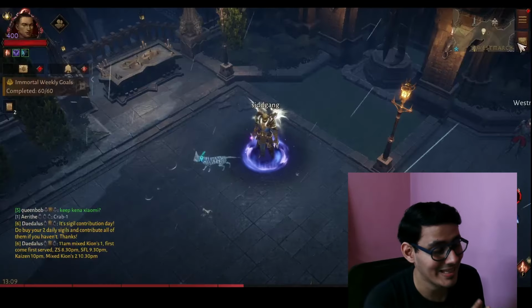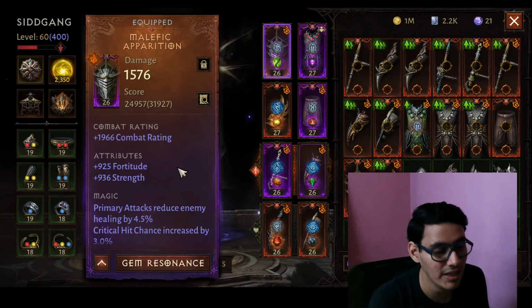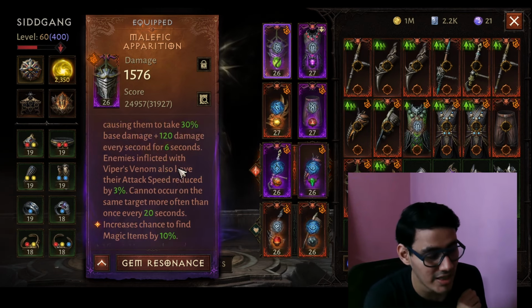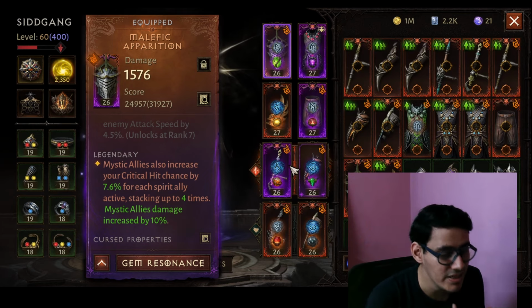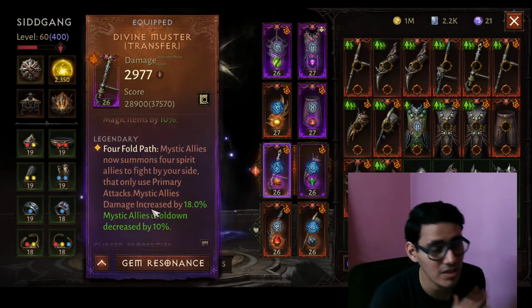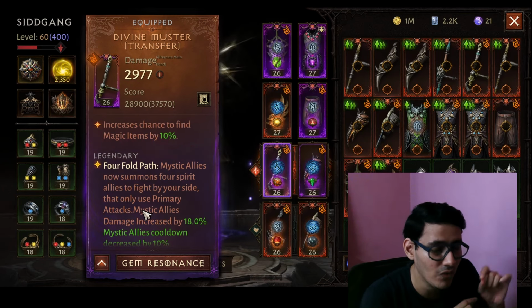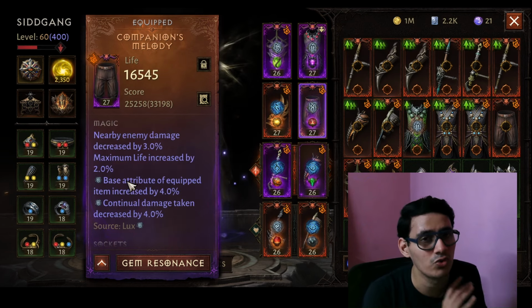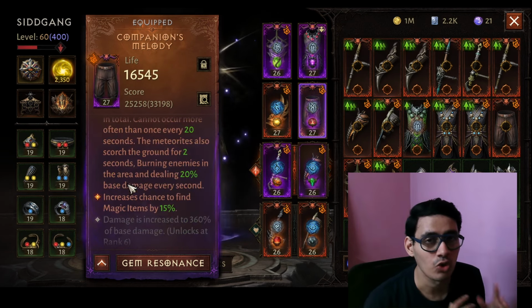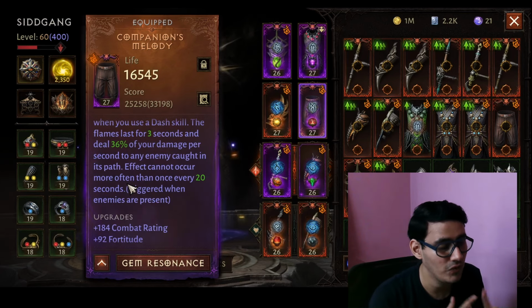First we start with the Mystic Allies essences, and for the helmet we have a new helmet essence. This is the Mystic Allies, which increases your critical hit chance by 7.6% for each ally that you have, and hence we are using the main hand, which gives us 4 Mystic Allies right now. The damage of each one Mystic Ally is obviously low, but together 4 of them do a lot of damage. So with the combination of this helmet essence as well as this main hand, we are getting a lot